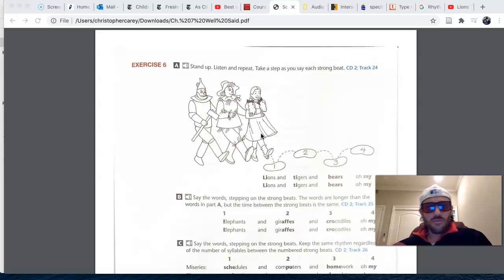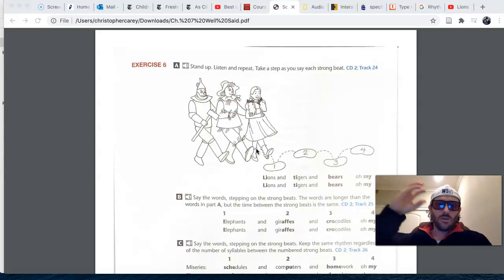I don't know if you have seen or heard of this film, but it's an American classic about Dorothy and the Scarecrow, the Tin Man, and the Lion, who they're about to see here in just a moment. So they refer to this pop culture reference to demonstrate how content words are stressed and the rhythm